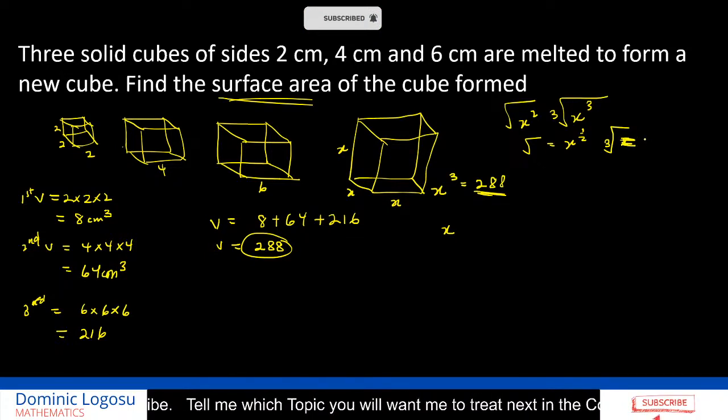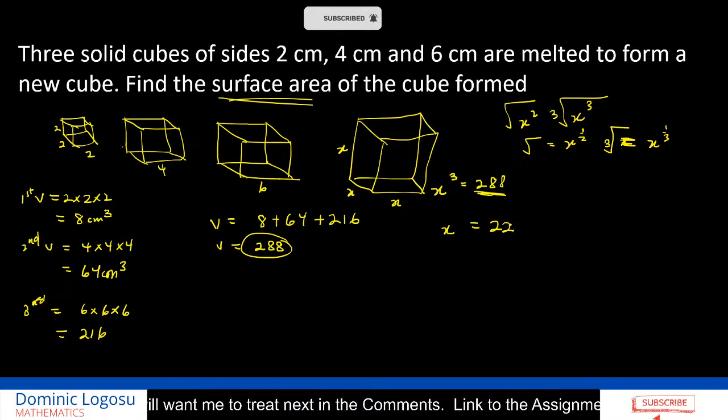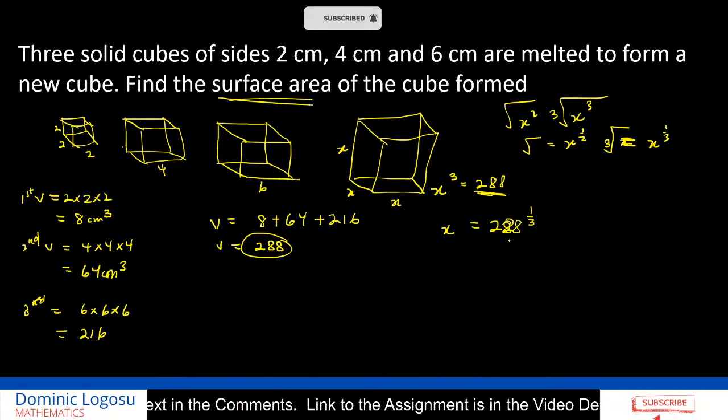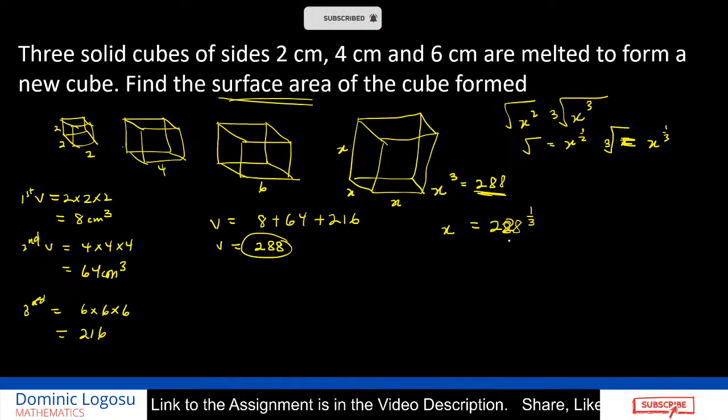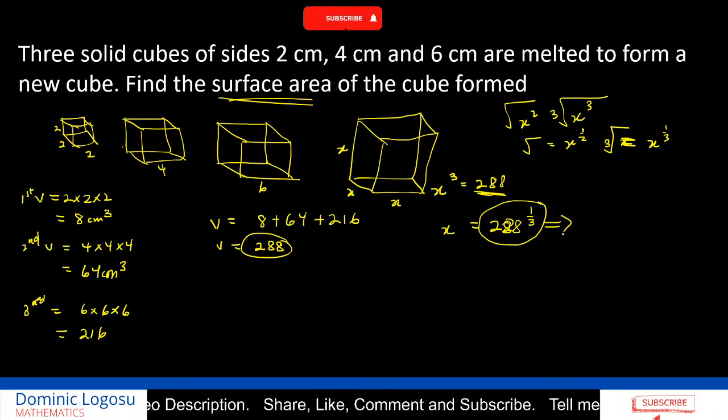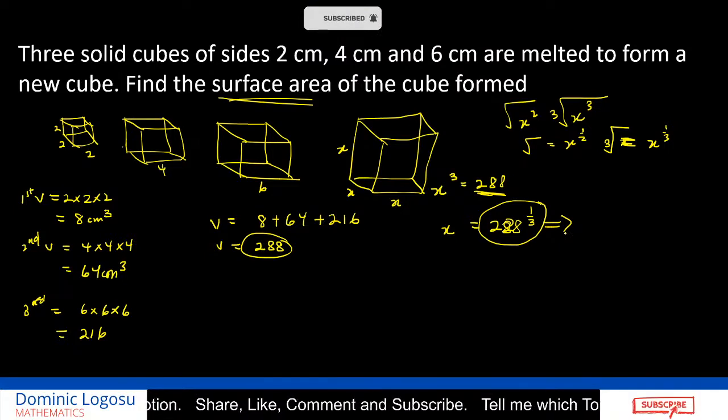Okay, so square root is 1/2, cube root is 1/3. So this will be 1/3. In order to get rid of that, it basically means that this place is going to be 288 raised to the power what? 1/3. Once we've established that, we can quickly go ahead and use this in our calculations. Okay, and then we can actually simplify this by using, how do you call it, by using,